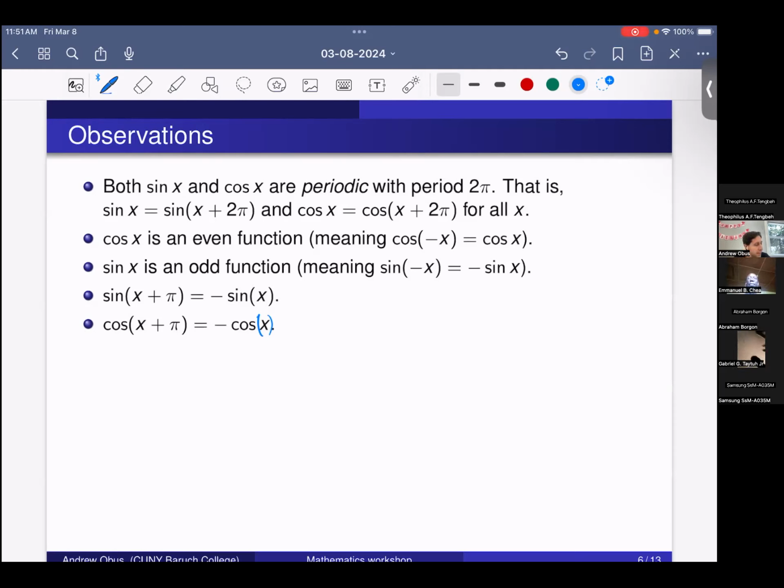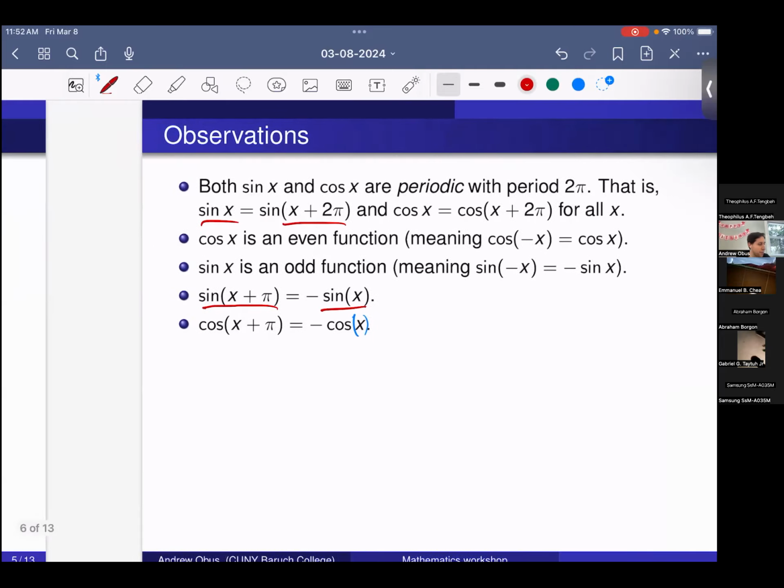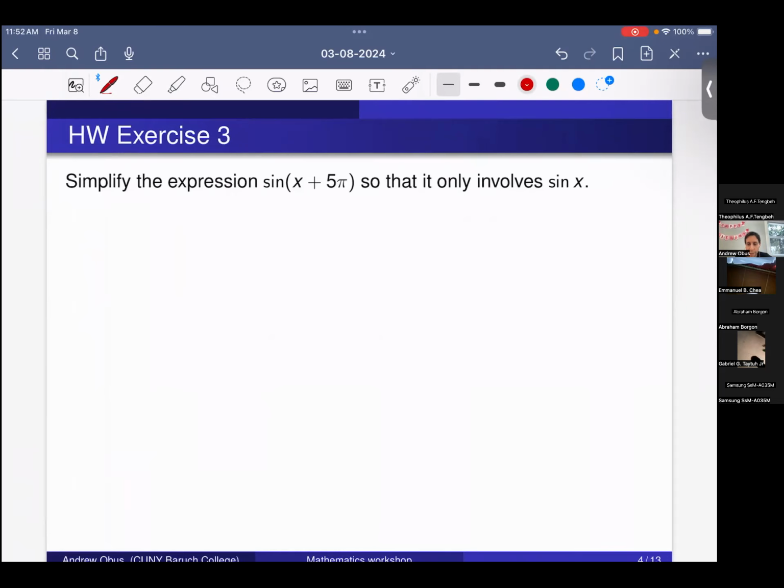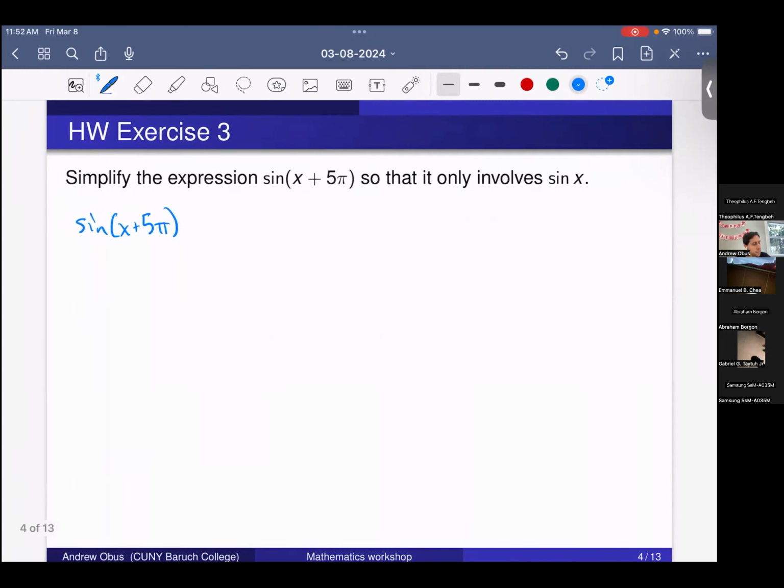Okay, so given that we have these identities, it seems like this one and this one are going to be the key ones to use. It tells us that if you add or subtract 2 pi from the argument for sine, nothing changes. So going back to this problem, what do we have? We have sine of x plus 5 pi equals